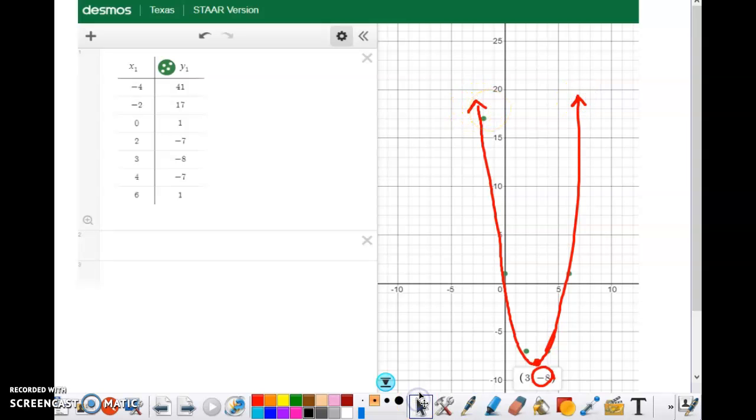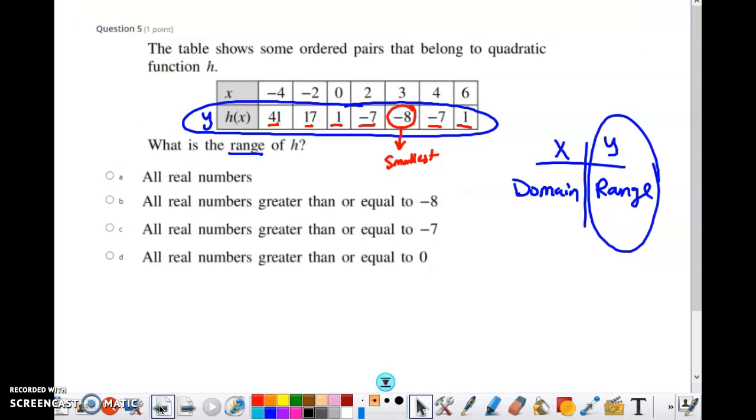So go ahead and answer this question based on the information that I just gave you. This is the smallest number, and what is happening to these numbers? Are they getting greater or smaller? Okay,